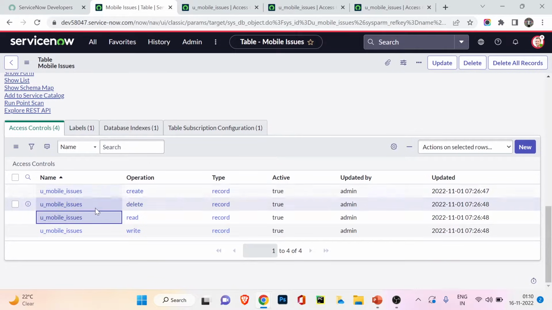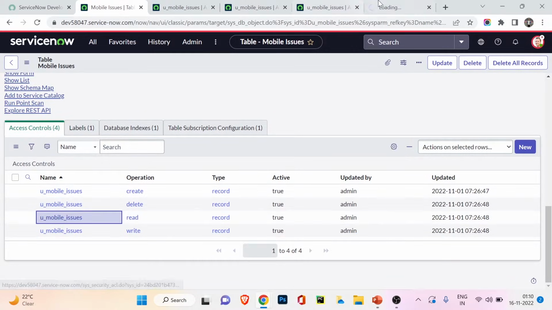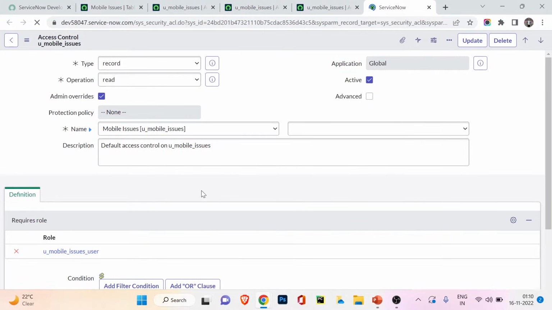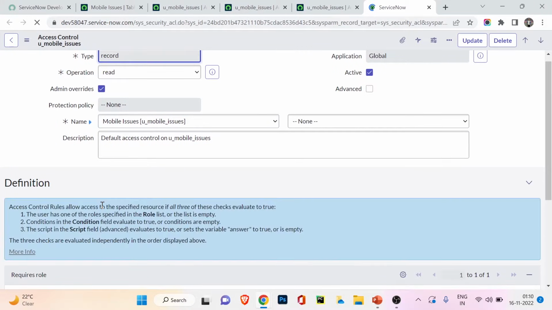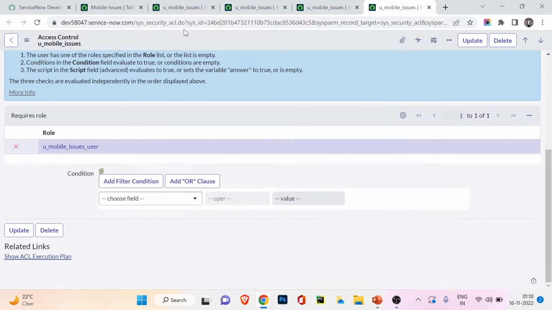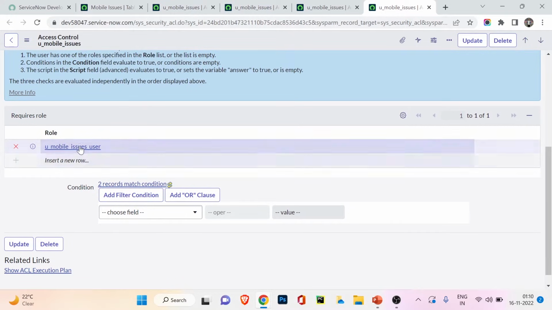And I think I missed the read one. See if I open the read also. Read ACL for the mobile issue table, you can see this role is present. So you can ask me, Preetham, if in the four places, 4 different operations, if the same role is present,